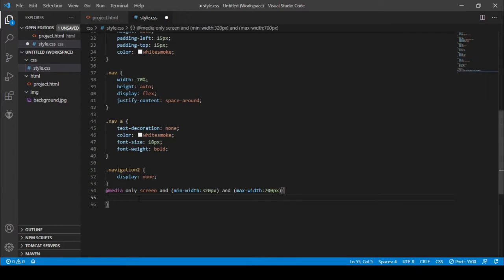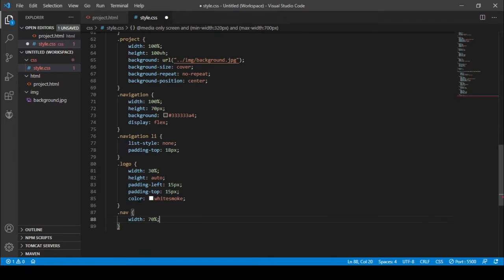And let's paste it in a media query. Let's save it.